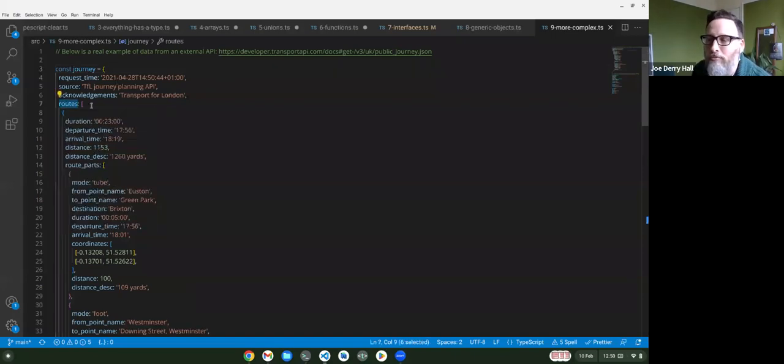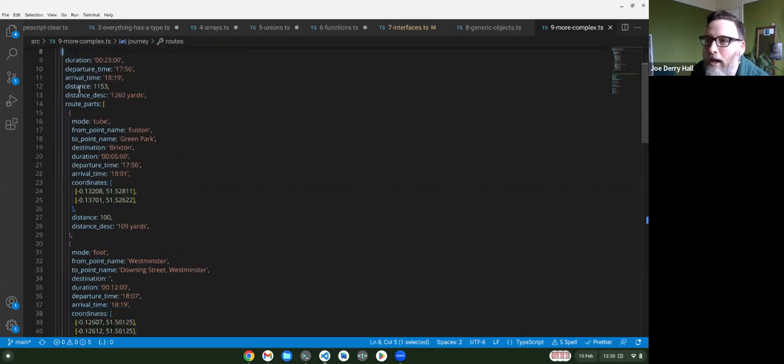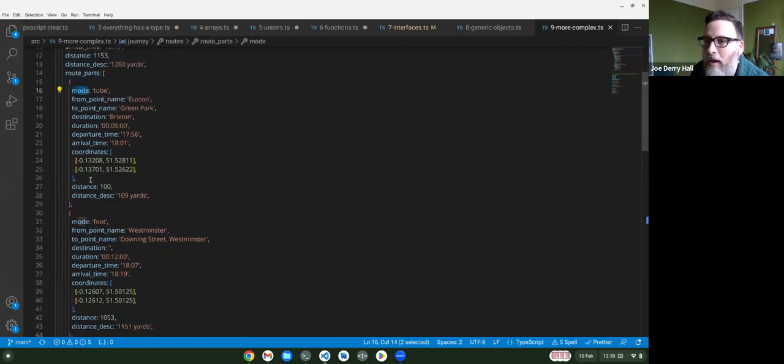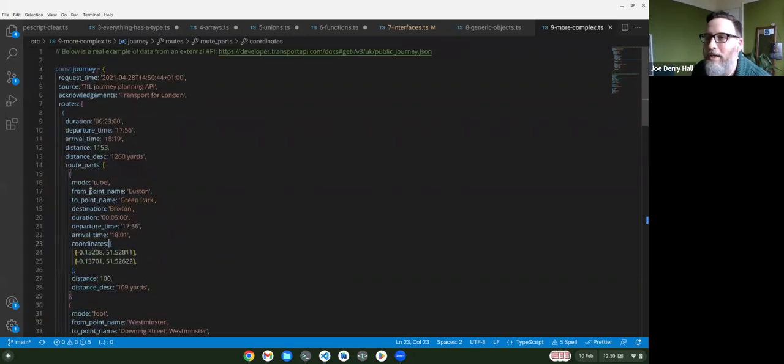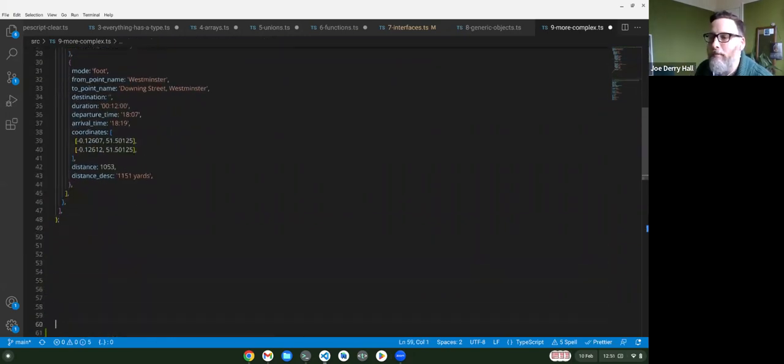But okay, so it's got routes, and it's giving me an array. Within that array, I've got an object. Oh look, that route's got parts to it. It's got another object. And then there are some times, there's a location. There's an array here, and within that array is another array and another. So this is kind of complicated, right? It's complicated data. So imagine you have that data, you're getting it back from your API,